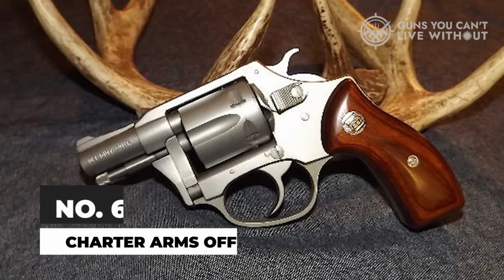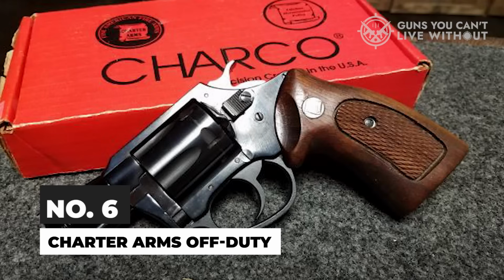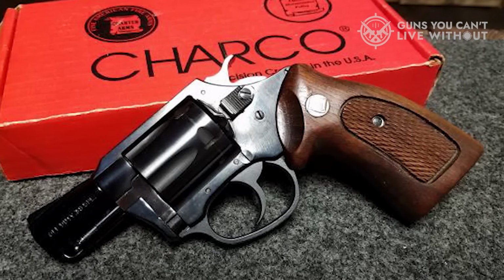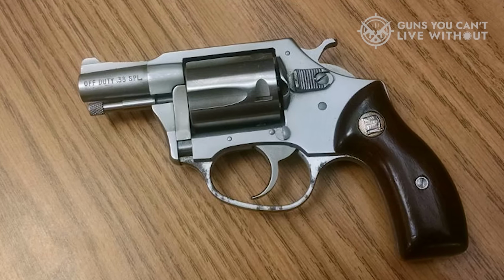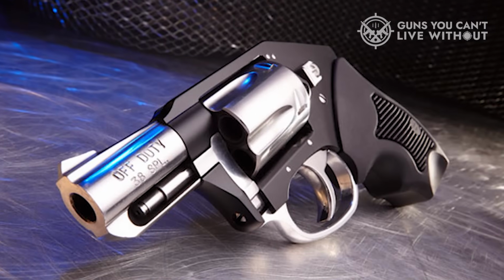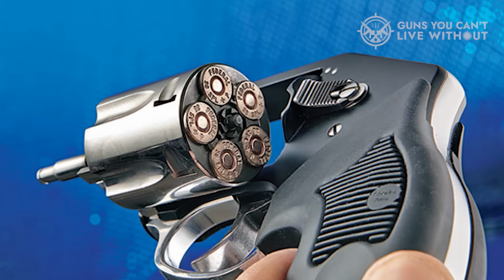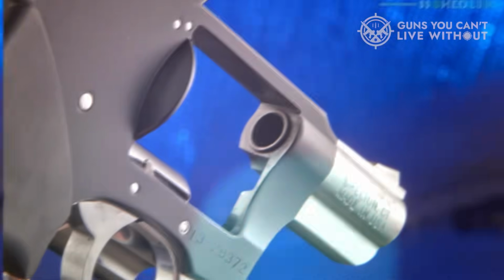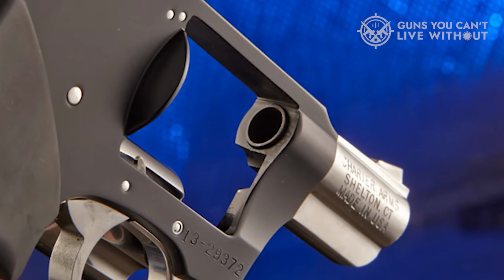The Charter Arms Off-Duty revolver stands out for its high concealability. As one of the lightest and smallest .38 Special revolvers on the market, its compact size makes it perfect for easy carry. This model is particularly useful as a backup firearm because of its small and discreet profile. This revolver features an aluminum alloy frame paired with a stainless steel barrel and cylinder, which keeps its weight to a mere 12 ounces. This extreme lightness enhances its portability, making it almost unnoticeable when carried and an excellent choice